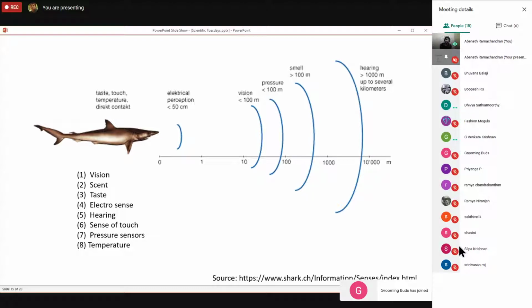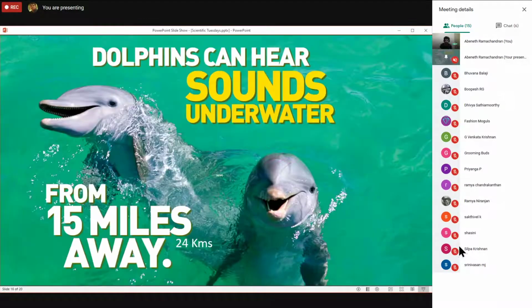So it depends on what kind of medium you are touching. If you are touching a silver spoon, it is going to feel cold. If you are touching a gulab jamun directly, it is going to feel hot. So that is the way in which our temperature sensors work. But for sharks, it is completely different. Sharks have a separate system for detecting temperatures. Sounds good? Okay, next fact.